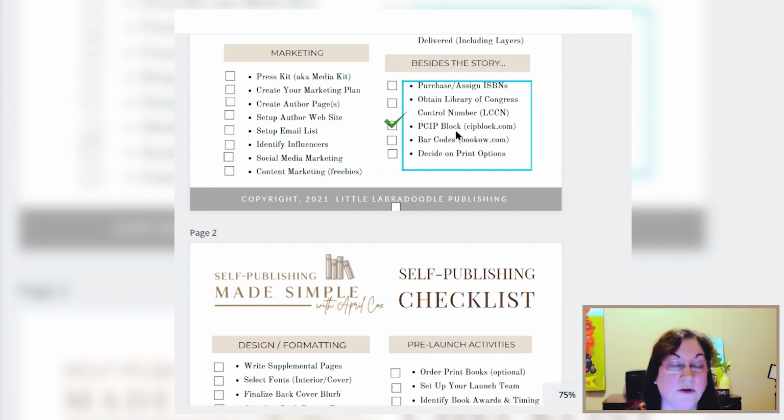When a librarian looks at it and sees that you have it, they don't know if it's because you're an indie author and you went to somebody else or whether you're working with a bigger publisher. So legitimacy, it's a good thing to have, and it'll be viewed very positively from a librarian perspective.